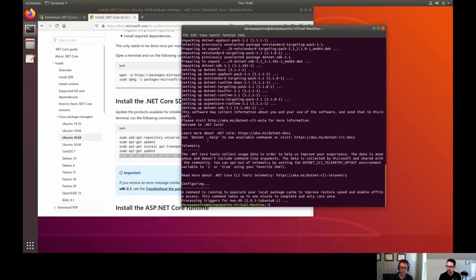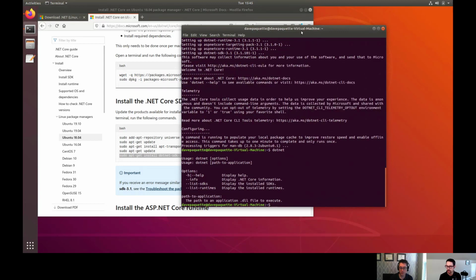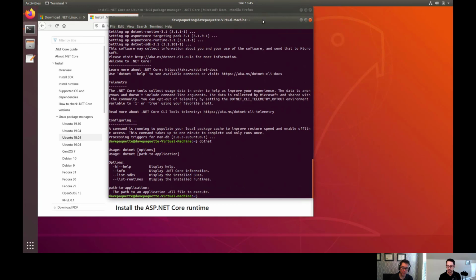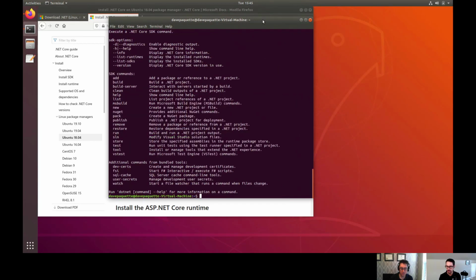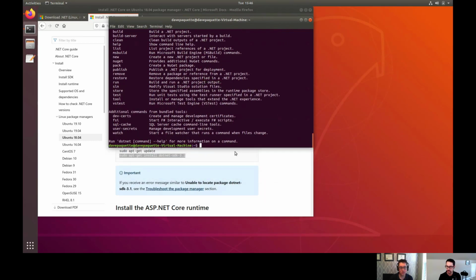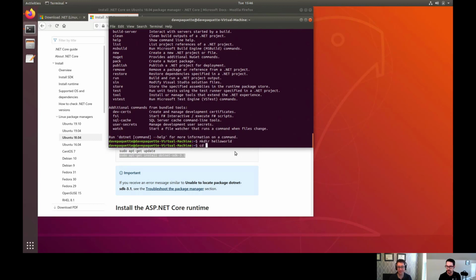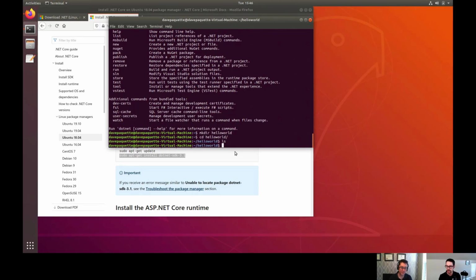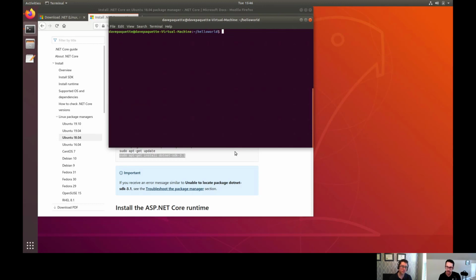Welcome to .NET Core, so I should be able to do .NET here. And we got it. .NET --help gives me some ideas of how I can get started. What we're going to do here is create a new folder. We'll call it Hello World, because how else do you get started with any programming language? It's an empty folder for now. I'm going to do .NET new,